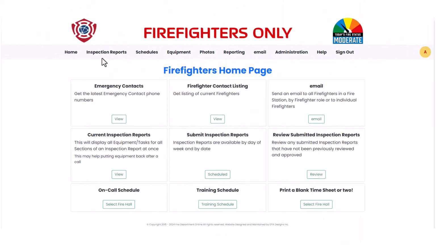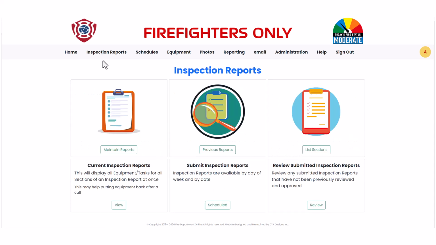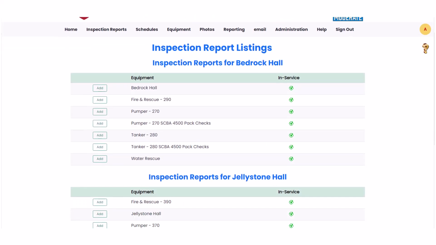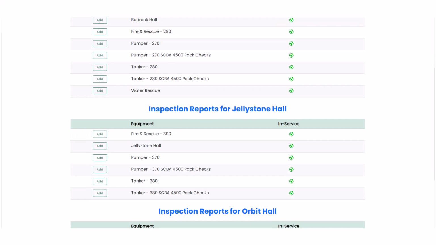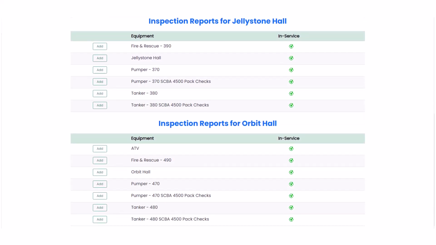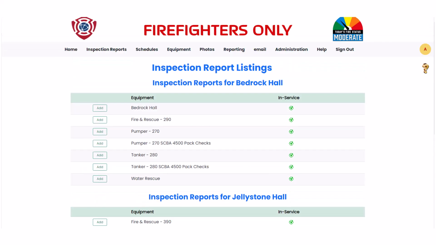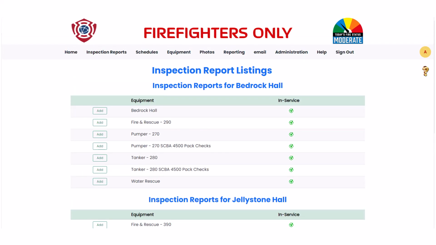To access inspection report maintenance, click on Inspection Reports from the menu bar from any page. In our case, we are on the firefighter's home page. Click on the Maintain Reports button on the Inspection Reports page. Since this is a new system, this fire department has not created any inspection reports yet. You can tell this because all the major equipment listed has an Add button to the left of the name